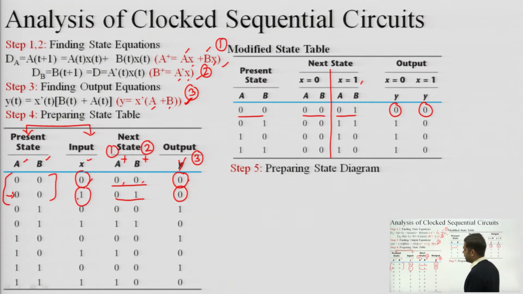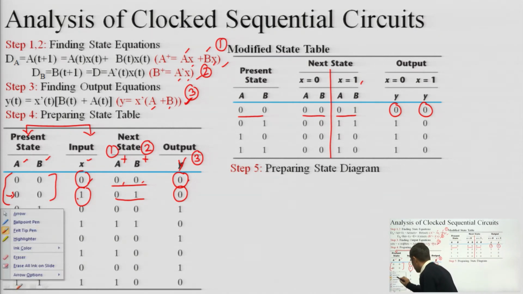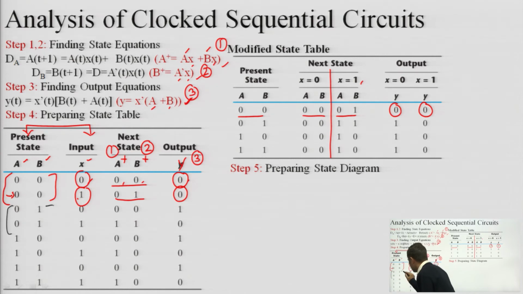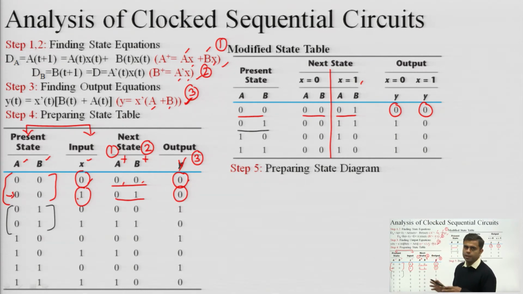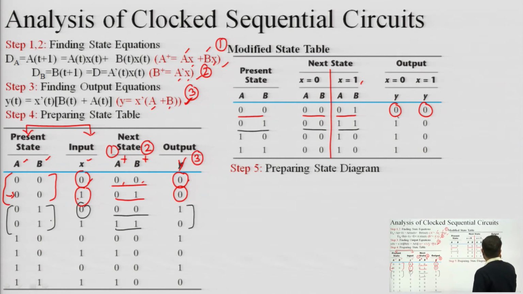Okay. Similarly, you can see the next state. You can check this one, 0 1 is the next state. This 0 1 is the next state which we are considering, not the next state from the angle of being the next state of the previous one. I am considering this as the next case, not the next state. 0 1 is the next case. So 0 1, x is equal to 0, next state is 0 0. And for x is equal to 1, next state is 1 1. And for the two cases the outputs are 1 and 0.